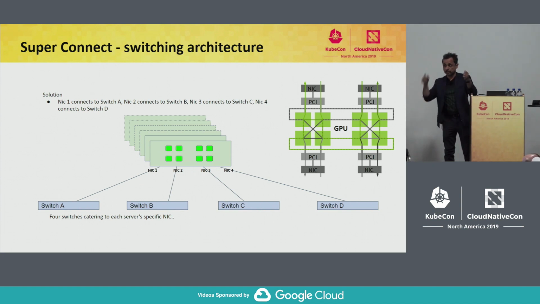Never would you have a situation in deep learning frameworks where NIC 1 is trying to talk to NIC 2. No, NIC 1 talks to NIC 1, NIC 2 to NIC 2, 3 to 3, 4 to 4. So a minor point, but a very clever point. I'm saying the single most important thing if you have to learn. So wake up, listen to this.